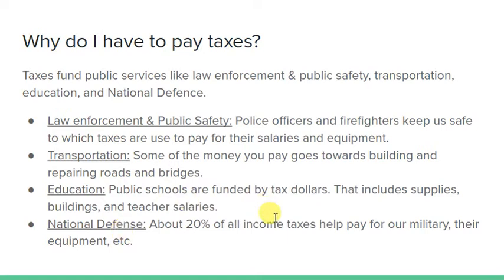Also, if a military person dies in the line of fire, taxes are used to help compensate the families that might be struggling after that time. The uniforms, I can tell you for a fact, military people have to pay for their own uniforms, shoes, and ribbons, and they have to pay for their own ironing and things like that. So don't think military people are getting a free skate there, because they're not.